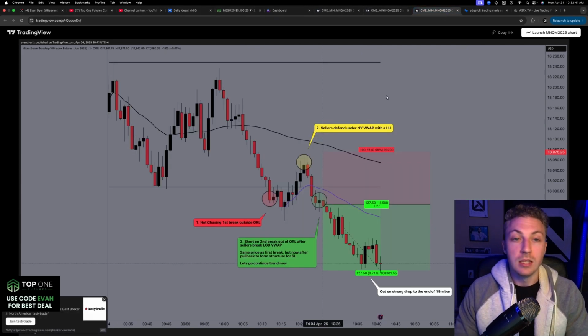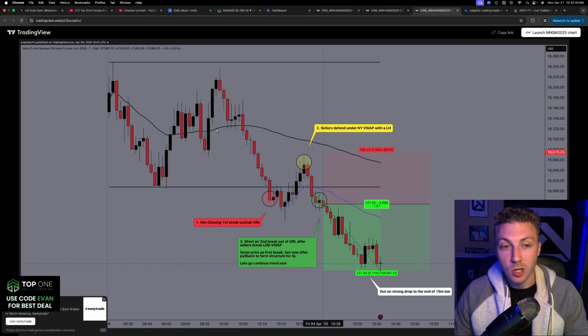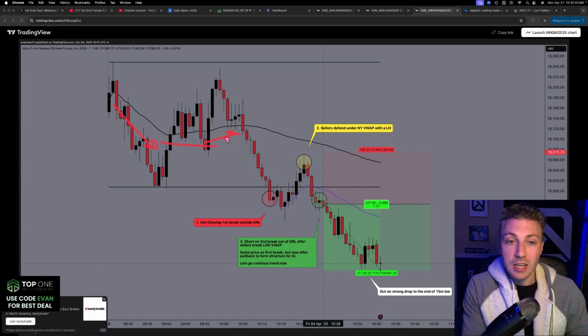Another one here, this is clean at the open. Not clean at the open, but later on, super choppy. What is this New York VWAP doing? It's moving lower. It's flat, potentially moving higher. Let it do what it wants. It's also inside this opening range.